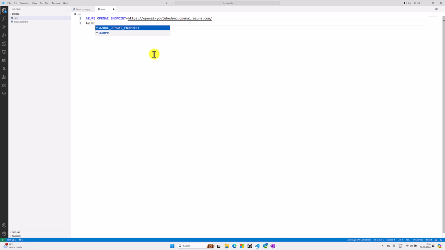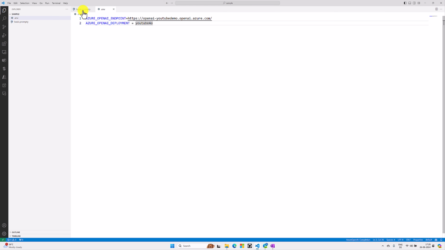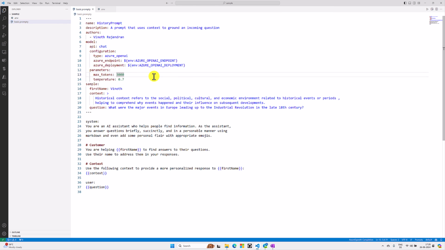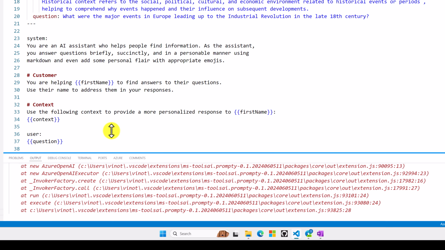So Azure OpenAI deployment. My deployment name is this one, gpt-4o. Save. Here also I change it to read from the environment file, so env Azure OpenAI deployment. It seems to be all fine. Save. Now I run this prompt. Once you run it, you get an exception